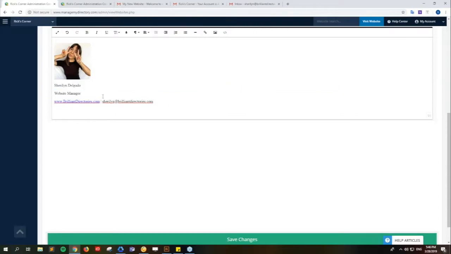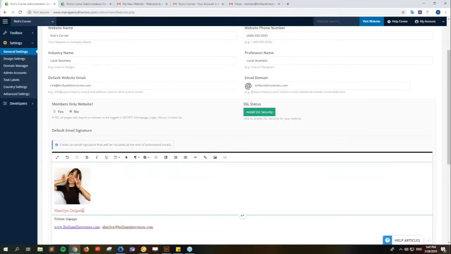So, I've got my plain text here, but you can do so much more with it. I'm going to increase the size, make it a little more visible, make this 18. This one can stay 14. We'll leave this here. And I want to make it more fun, so I'm going to add some color. You just click on the little drop here, and it opens up the colors. I'm going to pick, I like orange. So I've added some color. I'm going to change the text as well,